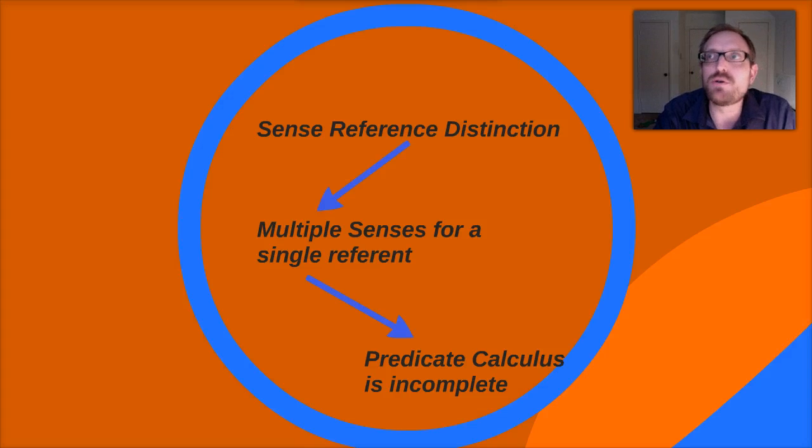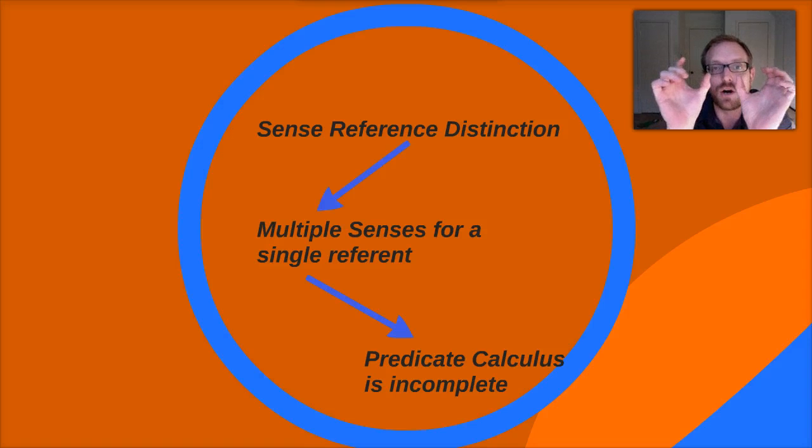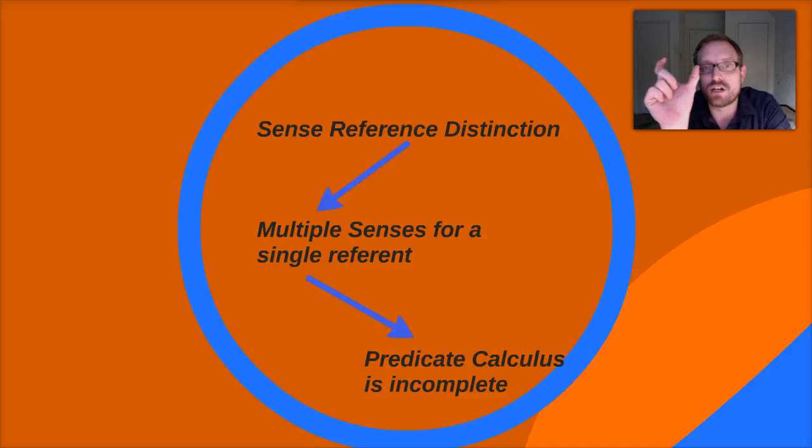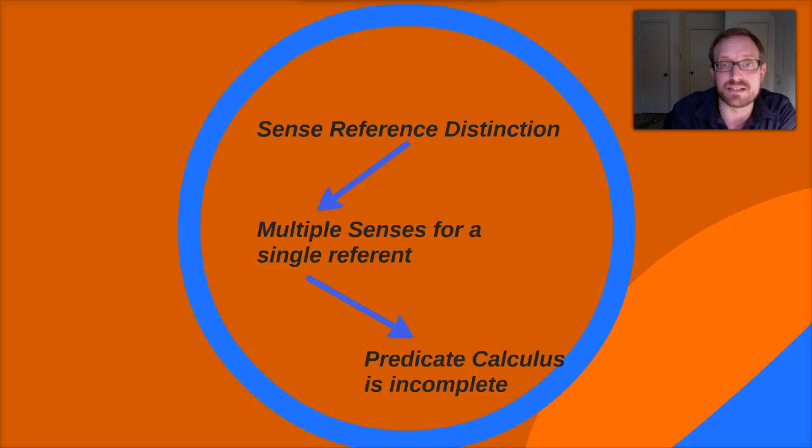And he publishes two important essays. One is called Concept and Object. I'm not going to talk about that now, but the other one's called Sense and Reference. We actually posted a video on the sense reference distinction previously, where we argued that the distinction is the idea that we can have multiple senses for a single referent, and we can even have senses without a referent. For instance, the evening star is one sense, the morning star is another sense, but they both refer to the same thing, the planet Venus.